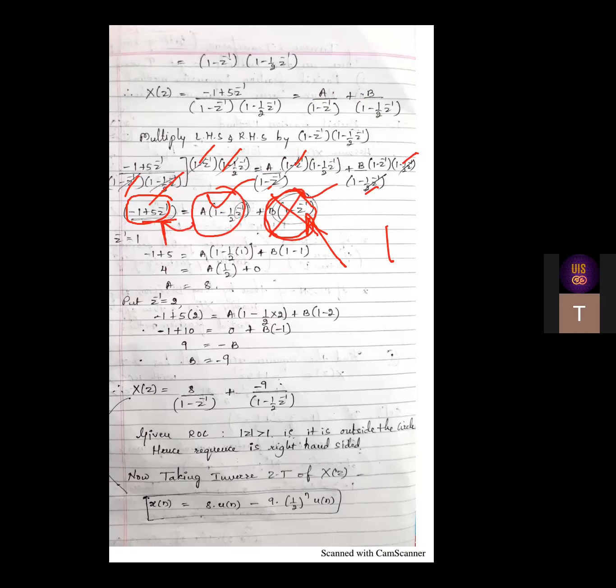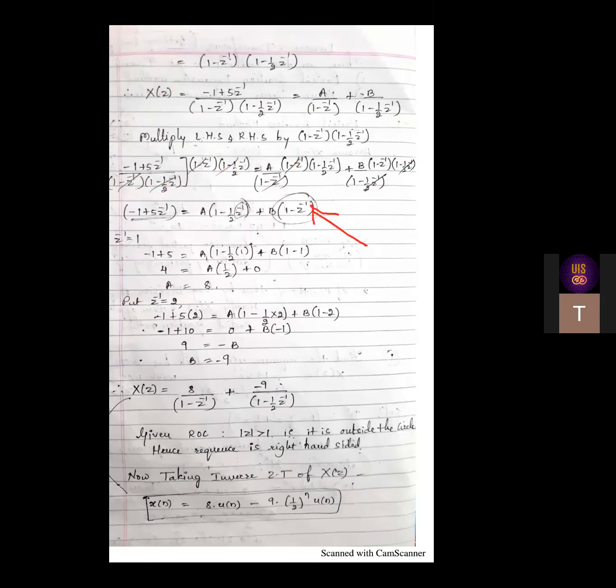Remember, if you have two different variables, two unknown values, then you need two equations. Only then can you solve simultaneous equations and get the answer. If you have three different unknowns, you need three equations to solve it. But here there is only a single equation, A plus B equal to something, so you can't find the unknowns like this. For that we use trial and error, keeping one variable 0 so that the other can be found out.